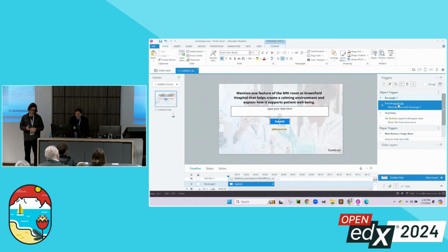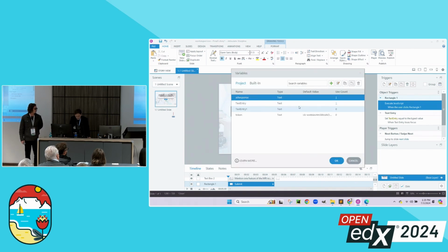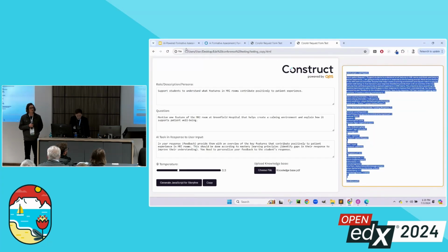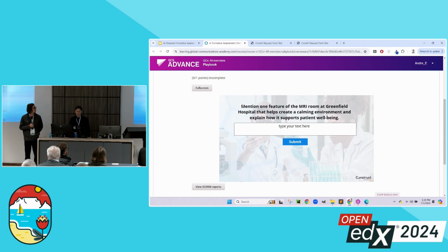So we gave the API key a variable of token, and we used Storyline as a third-party solution to protect the API key. So there's token, there's the API key, and it will be end-to-end encrypted through Storyline. Okay. Then we publish it into a SCORM package, and we move over to edX, and we stick it on edX just like that. So to test it, if it works now, I'm going to answer the question.